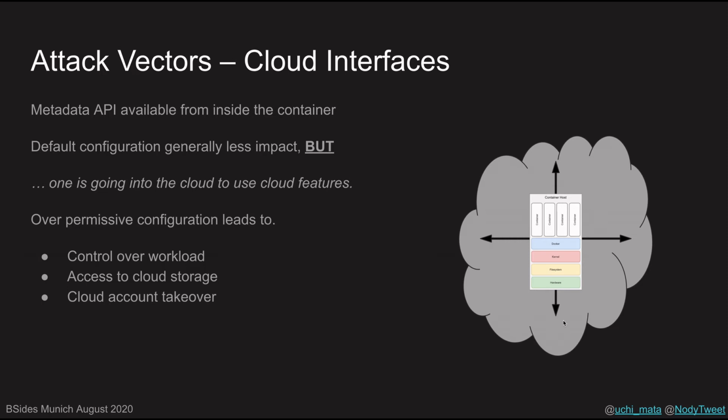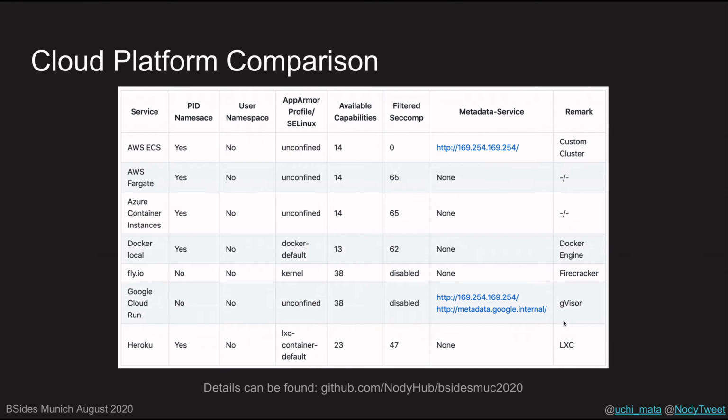We have compared common cloud platform providers that are out there. To name a few, we have AWS from Amazon, Azure from Microsoft, just local Docker. A new cat from the block is Fly.io, and even GCP and Heroku as container providers. To get an idea from the comparison, in the default case, you have in case of AWS ECS, the metadata